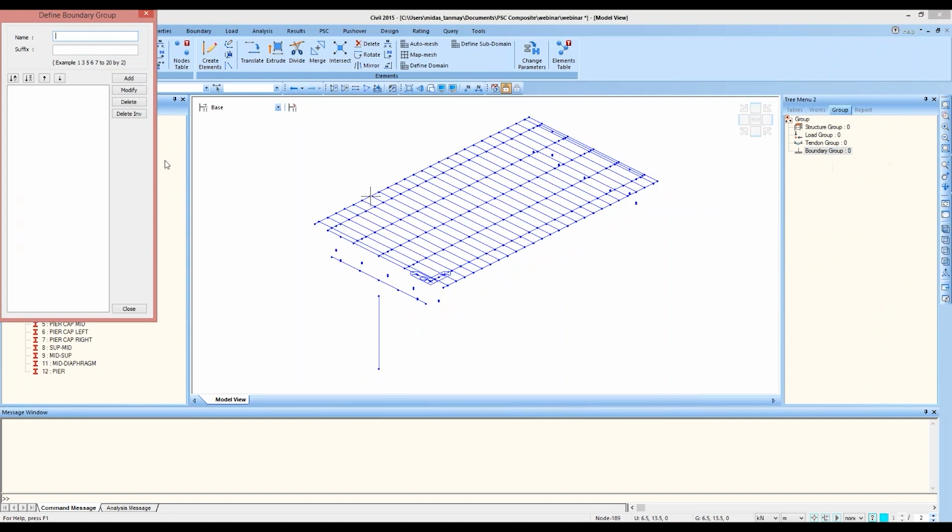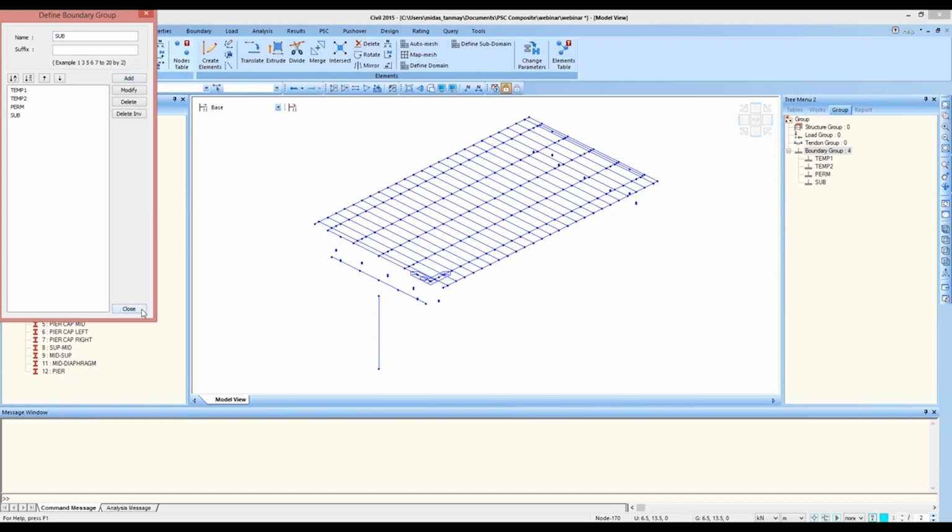New, I'll name it as temporary 1 add, this will be used for the first span, and then temporary 2 and add for the second span, temporary supports, then permanent supports add, and then substructure supports add and